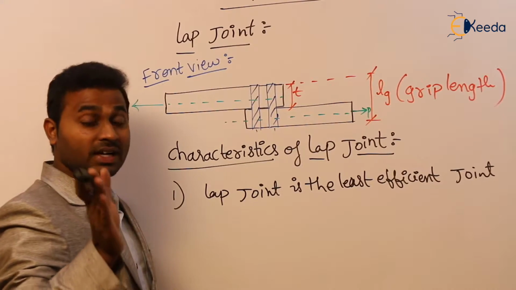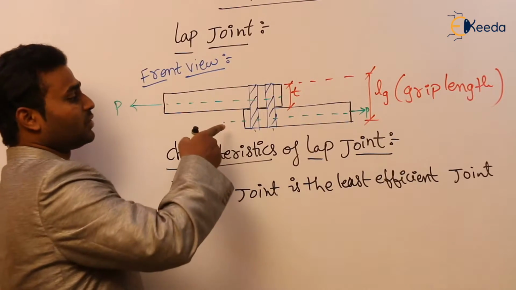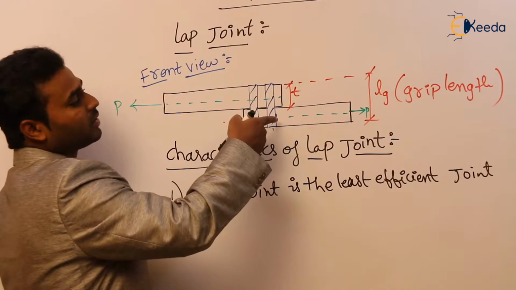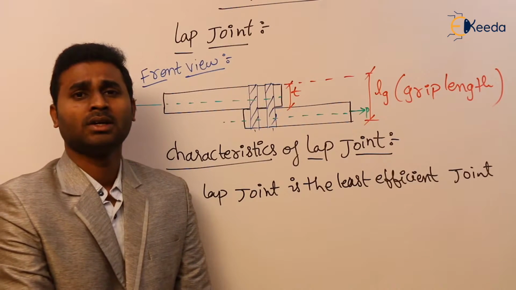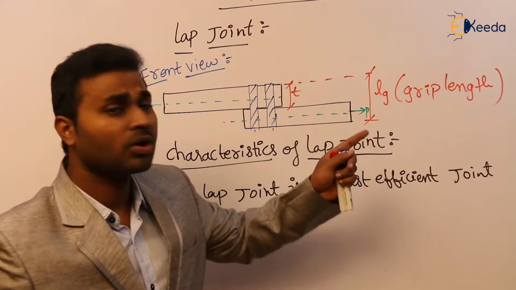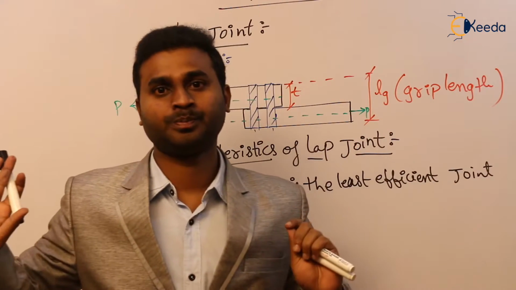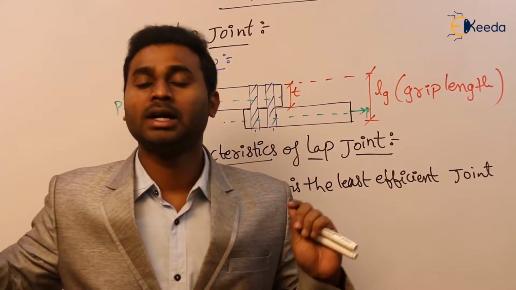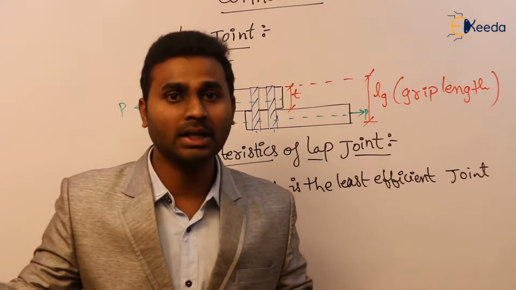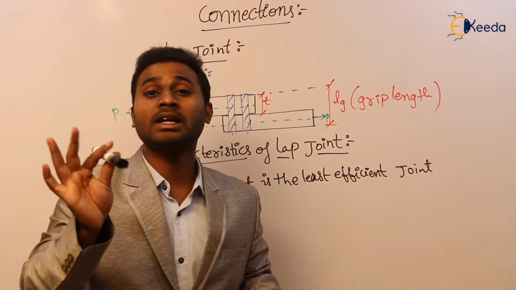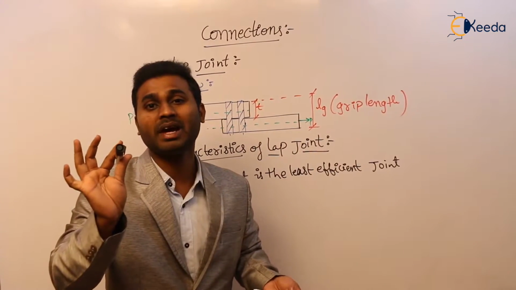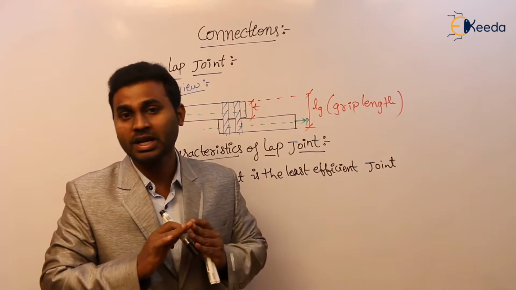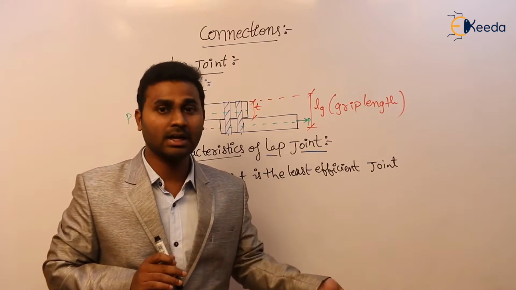The reason for its least efficiency is the line of action of force. But before going into it, tell me why we provide a connection. Actually, to take this load we require some 10-meter length, to take that load of 10 kilonewton. But we know that steel sections are manufactured in a standard size of 6 meters. So we don't have 10 meters in the field or in practicality.